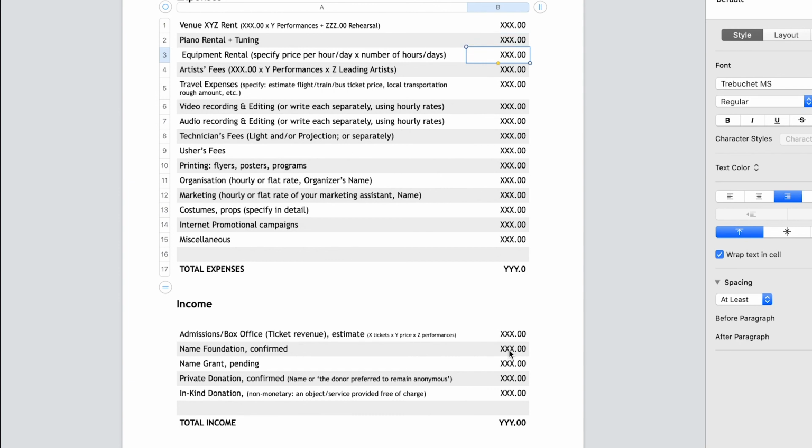So then, if your proposed income is smaller than your expected expenses, subtract something from the expenses, maybe from the internet promo, or subtract something from, I don't know, the artist fees. Sometimes it's very sad, but we need to, because we can't really subtract from the travel expenses, right? If you don't pay for your flight, you don't fly. So subtract something that is more or less flexible.